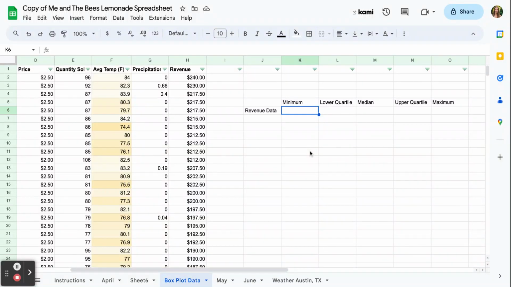Today I'm going to show you how to create a box and whisker plot in Google Sheets. In Google Sheets, it's actually called a candlestick chart, but I'll show you how to do it. So what we're going to do here is, using the data we already have, we need to find these 5 data points. We need to find the minimum, the lower quartile, the median, upper quartile, and the maximum of our